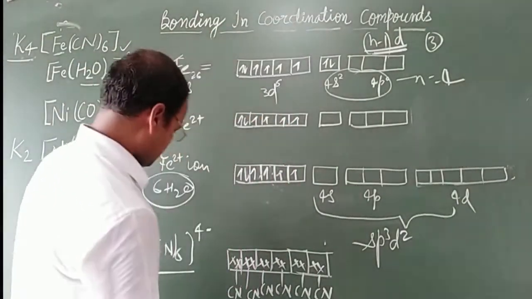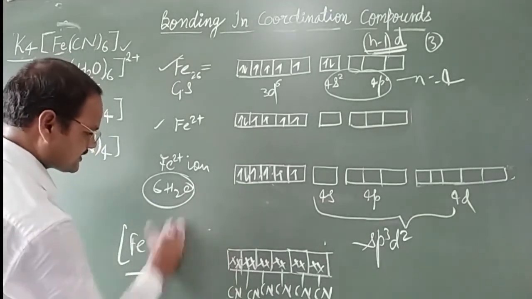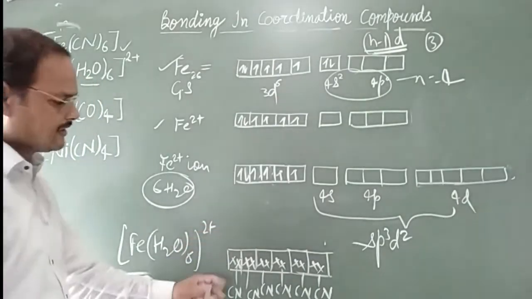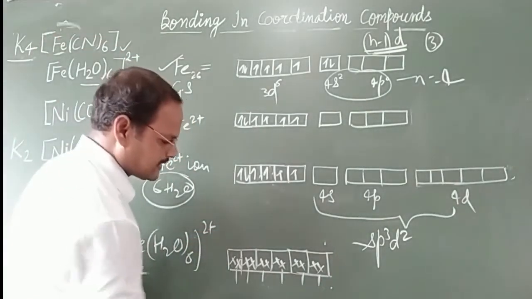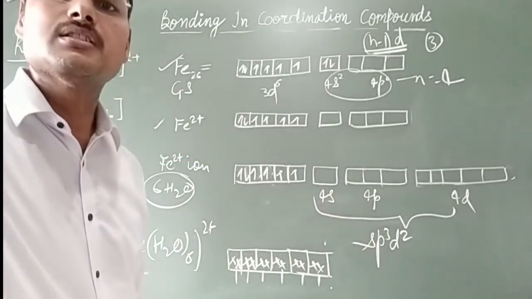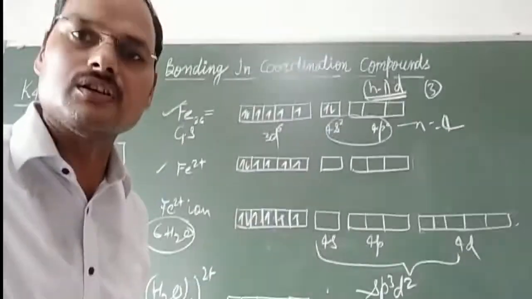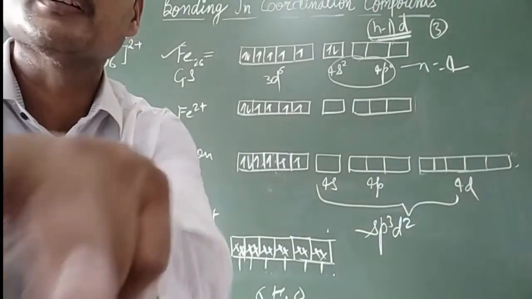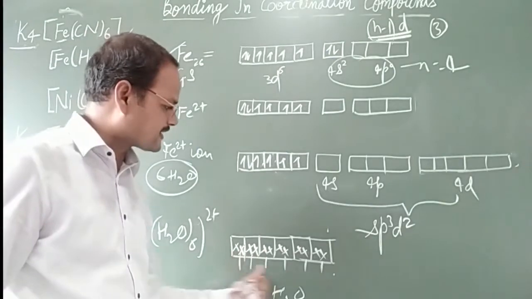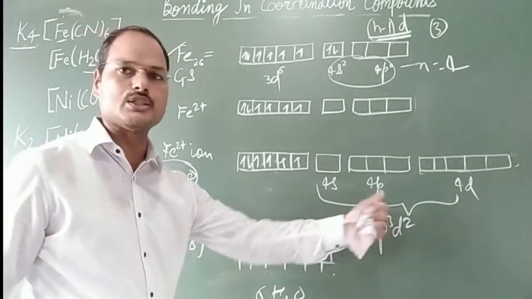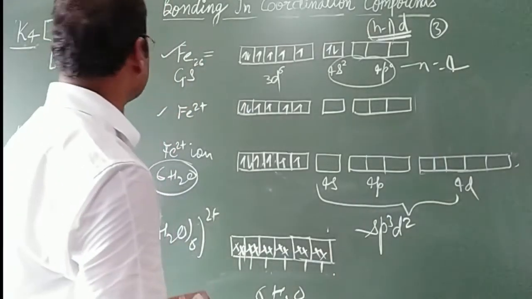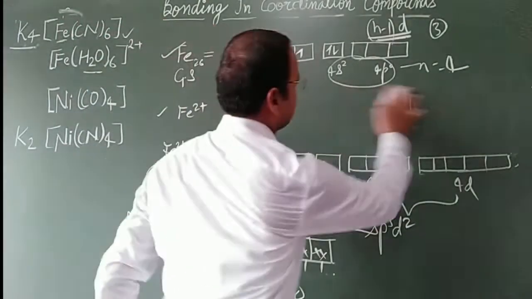Now for the structure, again further see, in this case, in molecule H2O will be here, 2 positive charge will be here, and in place of CN, 6 H2O will be there. 6 H2O will provide their electrons for the sharing. Is it visible or not? I am looking this. Okay. 6 H2O molecules will provide one pair of electrons to 6 sp3d2 orbitals. And in this way 6 coordinate bonds will be there. Now the structure of molecule can be also explained. I am explaining this structure here.